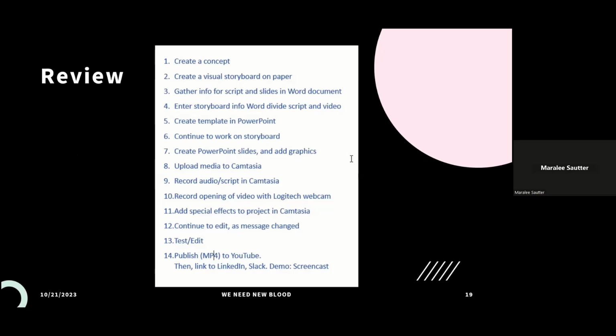Then I continued to work on the storyboard all the time I was doing this. And then I created the PowerPoint slides and added the graphics. And once I was finished with that, I uploaded those slides into Camtasia, where I used the audio script to